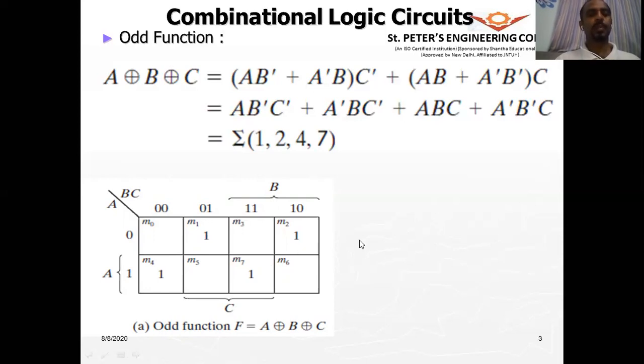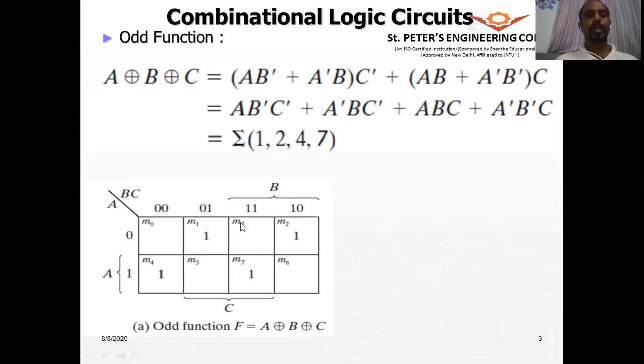Can M2 be grouped with M4? No, they are not adjacent. They come in a diagonal way when you fold this. Therefore you can't simplify them. This is the final expression shown here, which will be the output of a 3-variable XOR function.